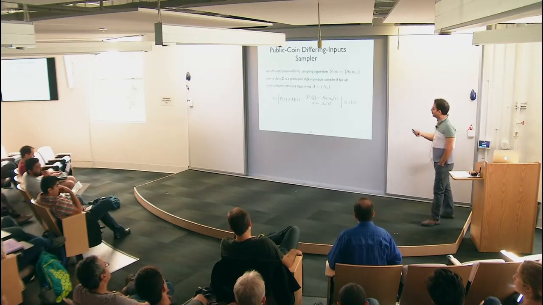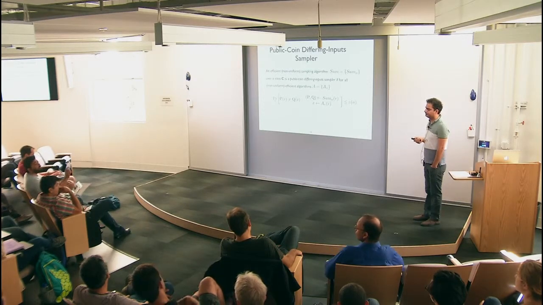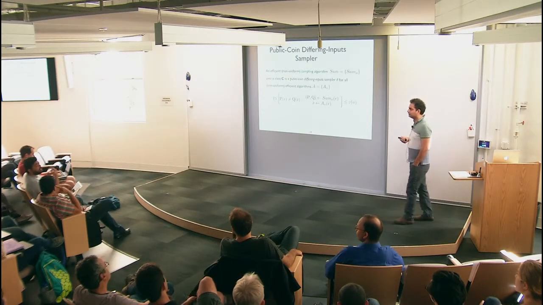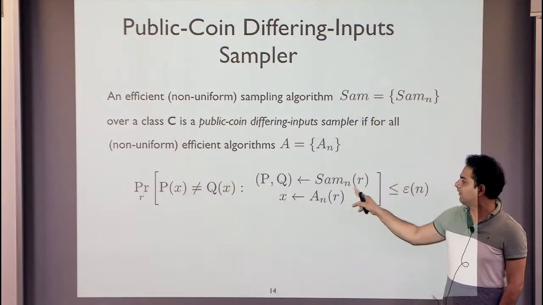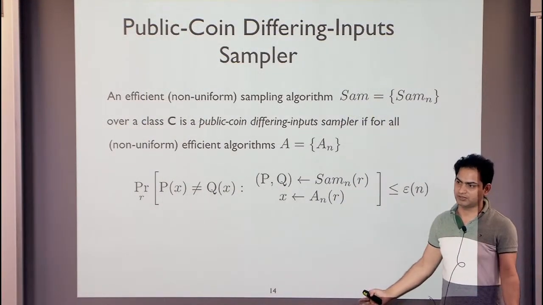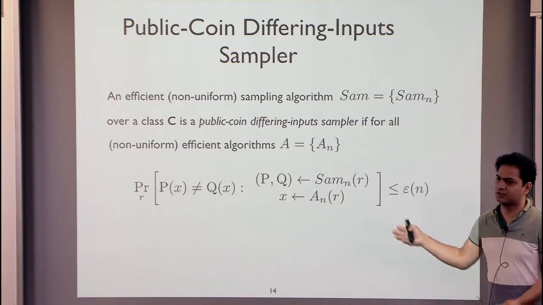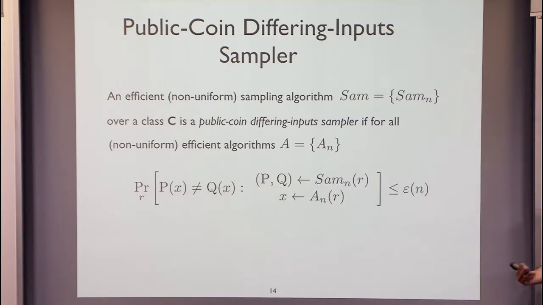So it's strictly less because I'm just trying to understand the difference. Sure. So in this case, clearly the attacker can depend on the sampler. Yes. And if I give him R, it has all the information that the sampler has, right? But if it was Z, then the sampler can keep some secret coins from the attacking algorithm. Okay. So as before, we have the notion of public coin differing input sampler, and now we say,